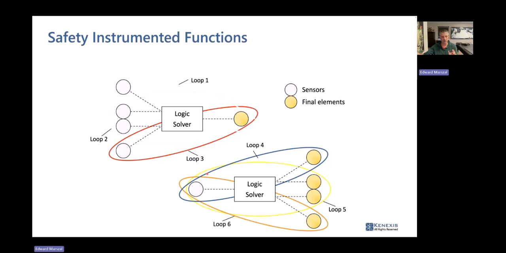And if you have another cause to consequence chain that only uses loop 5, everything is good, because there's no commonality there,